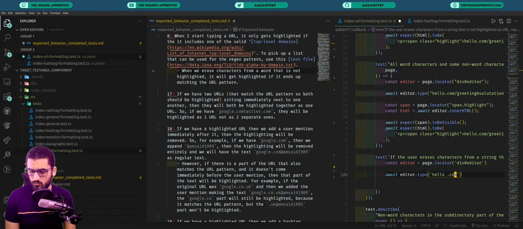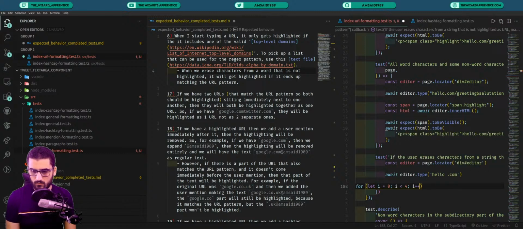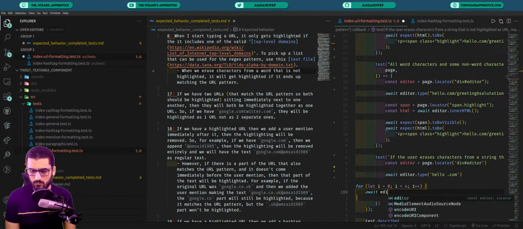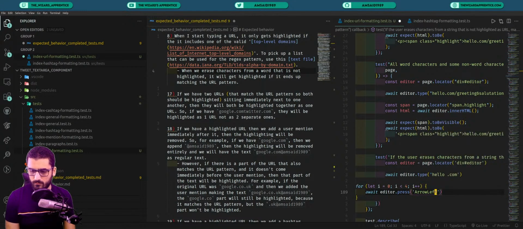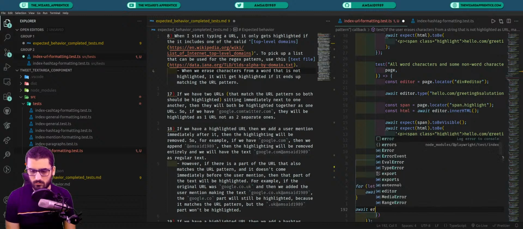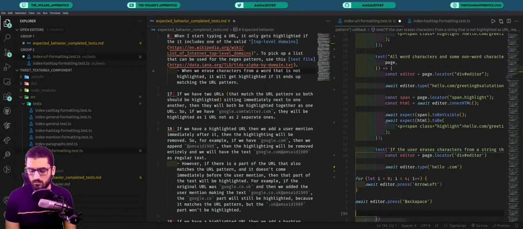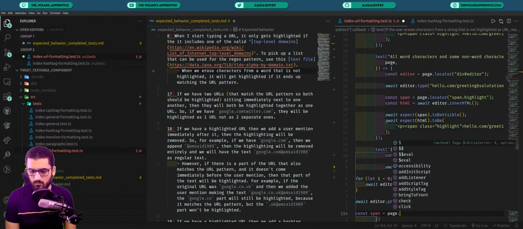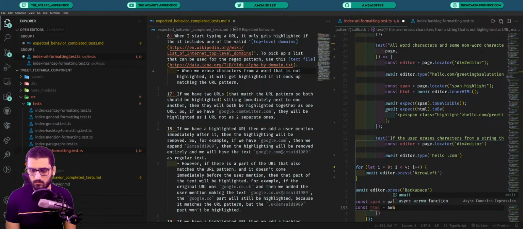Then we need to go for let i equal 0, i less than 4, i plus plus, await editor.press arrow left, then await editor.press backspace, then const span equal page.locator span.highlight, and const html equal await editor.innerHTML,